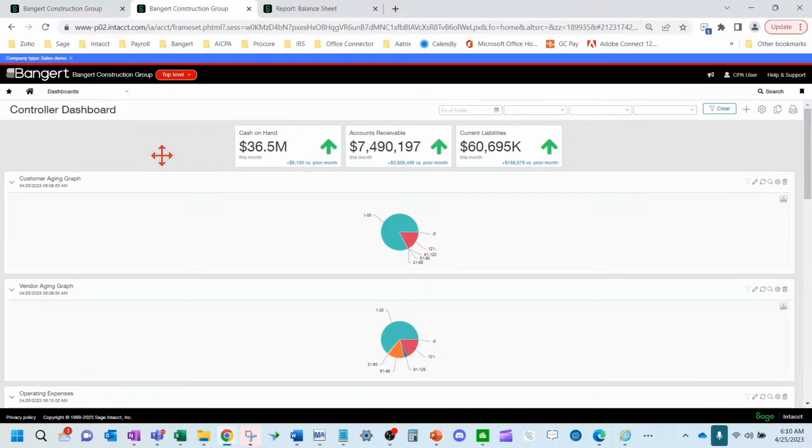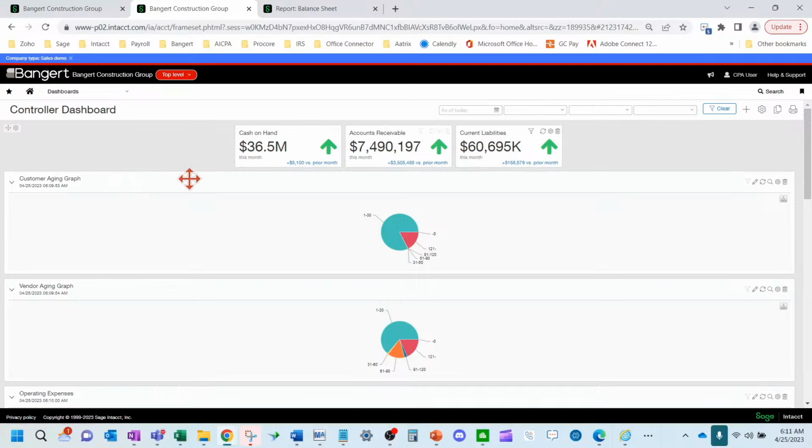So first, let's discuss the drillable reports inside of Intacct. If you aren't familiar with Intacct very well, there are reports, dashboards, many areas where you can drill down into the source transaction. So right from a dashboard, right from a report. And the way you can tell in Intacct if something is drillable is by the blue links in here, okay?